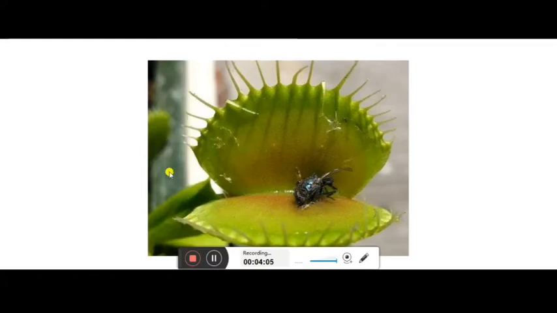See, their leaves are modified in this way, they are fleshy, and there is some sort of secretion. When insects get attracted towards it to suck the nectar or the liquid coming out from the leaf, slowly and gradually as they move inside, these two lids get closed with each other, and the insect is trapped inside. Then they are interlocked, these portions get stuck together, and inside, the insect is digested and the nitrogen is taken from it.